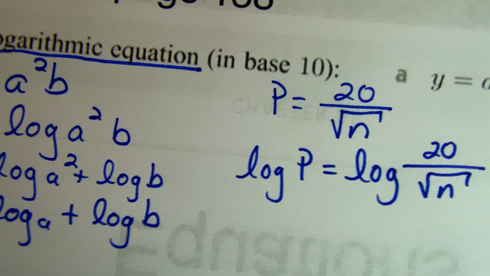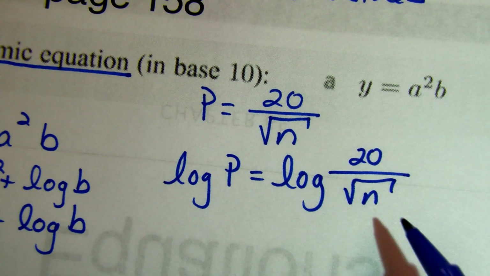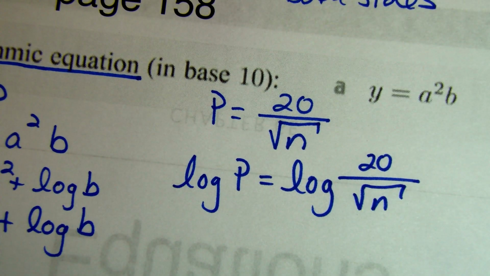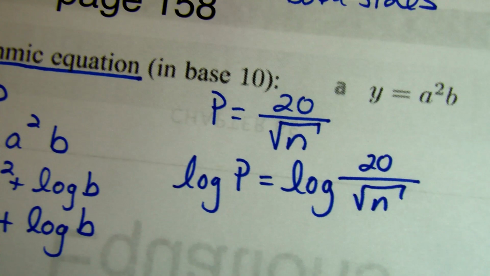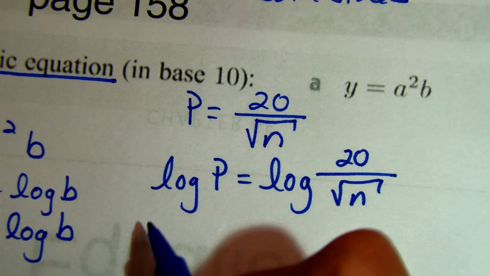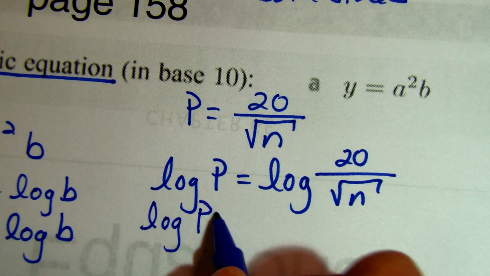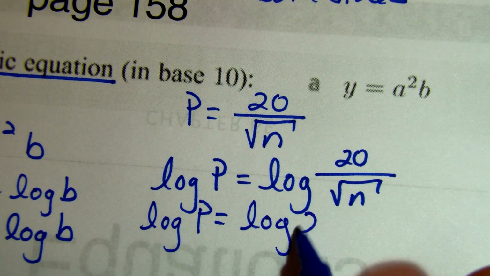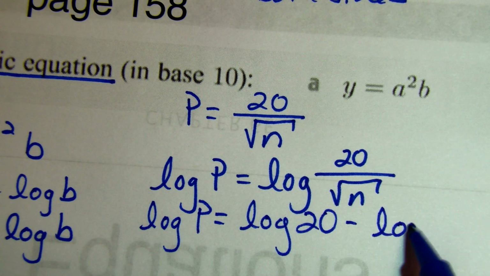So the thing is, this is going to become an exponent, and you can only do that when you have exponentials, okay? But yeah, you can take the log of anything and end up with the same answer, as long as you do it to both sides. Division becomes what property? Subtraction. Log 20 minus